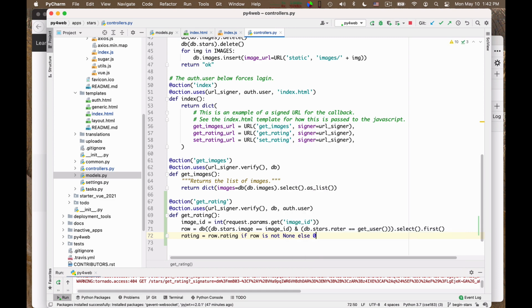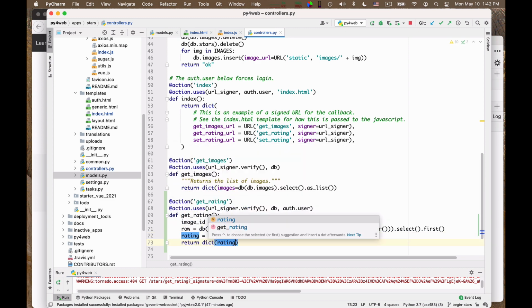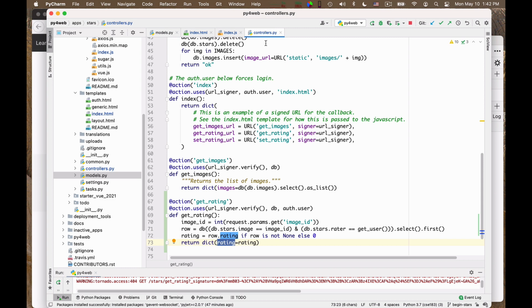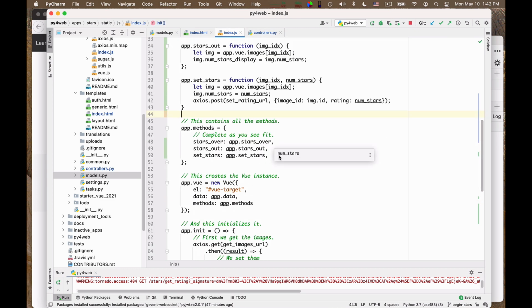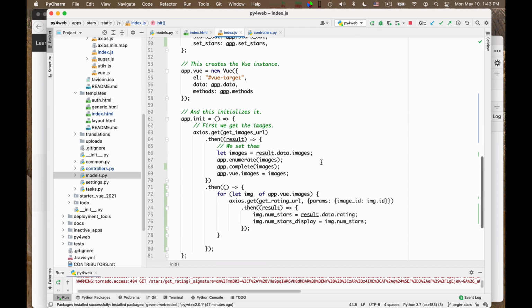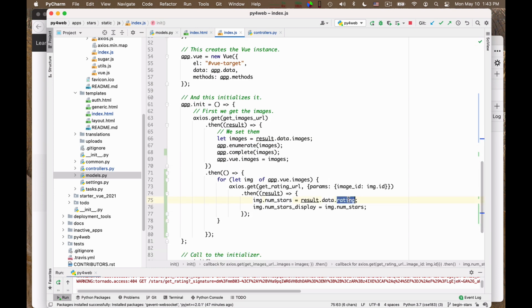There is always a possibility that there is no rating, because the user may never have rated that particular image, so we need to handle that particular case. Return dictionary of rating is equal to rating. And so this key here is, if I have not made a mistake, what we use in the initialization method in getRating here.